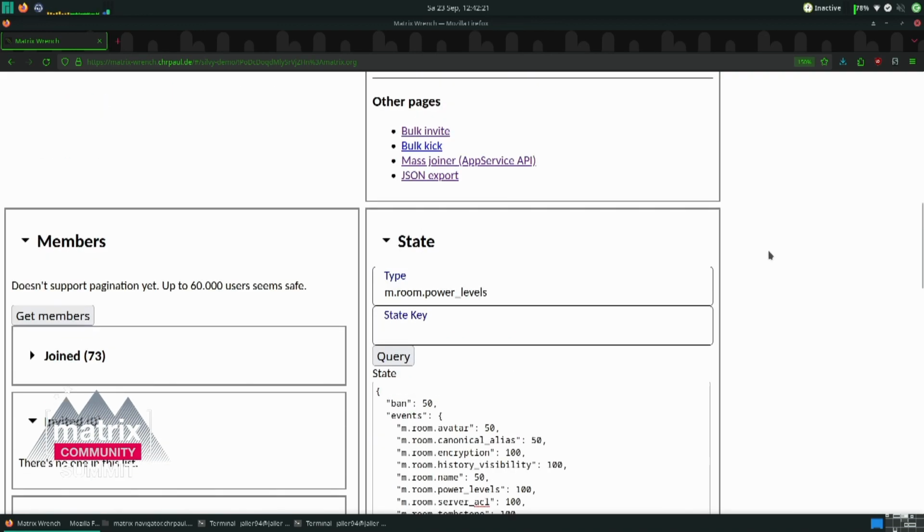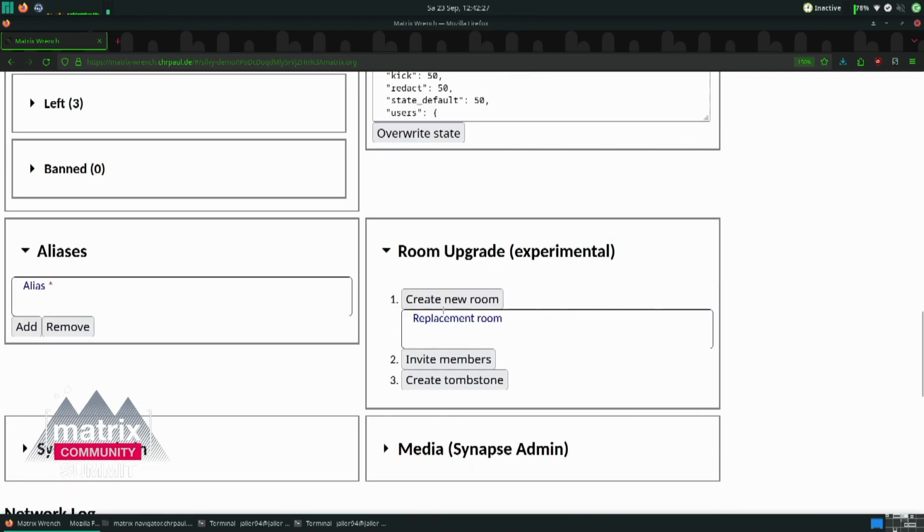But in this way, I can inspect the state of this room, and I can also modify it if I have the permission to do so. I can add and remove aliases. This one is a fun one. It's a very unofficial, not spec compliant room upgrade,